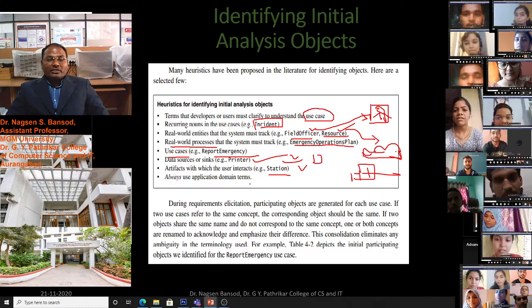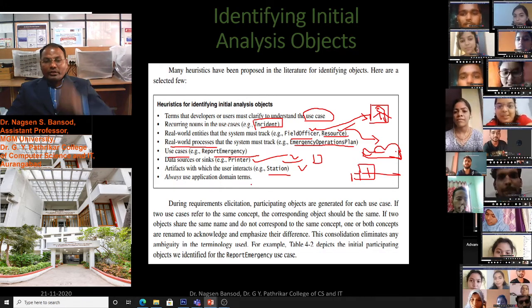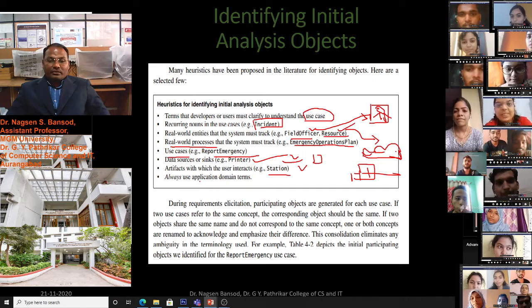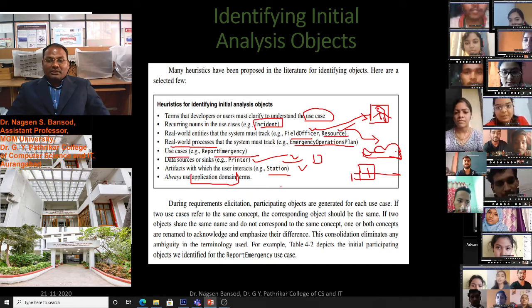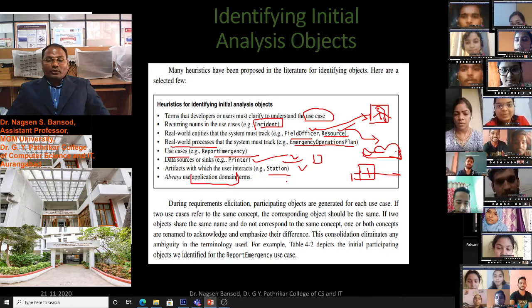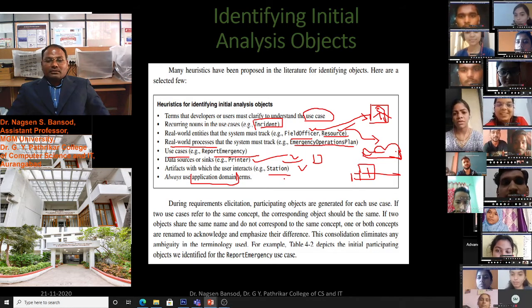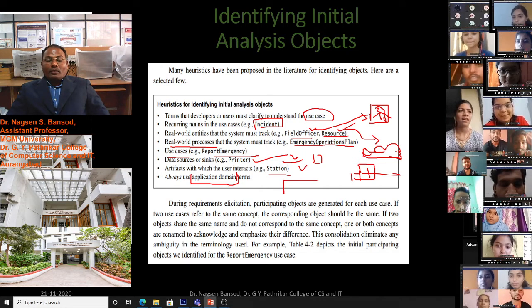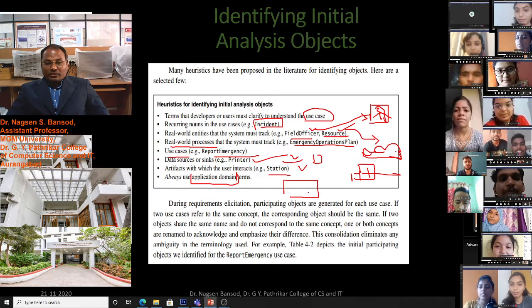Always use application domain terms. Application domain, end user terminals. Suppose we want to develop software for the bank, then we know the bank's websites, their username, password is given.